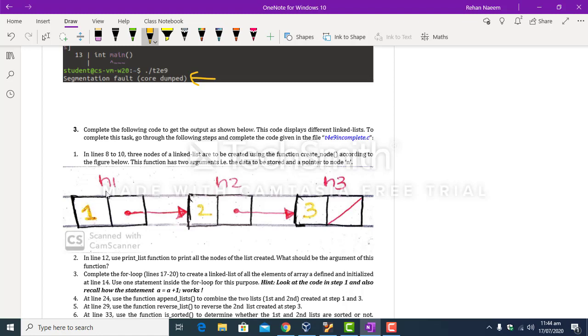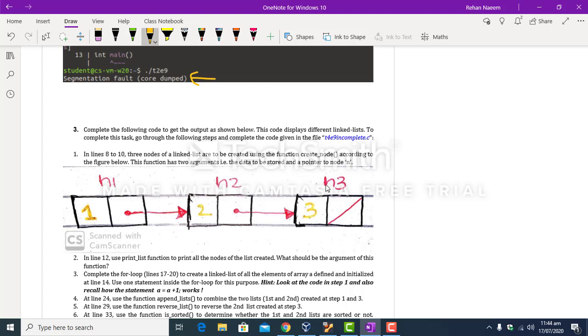One is the data and the other is the pointer to the next node. So in node n1 the data should be 1, in n2 the code should be able to store 2 in the data field, and for node n3 the code should be able to store 3 in the data field.